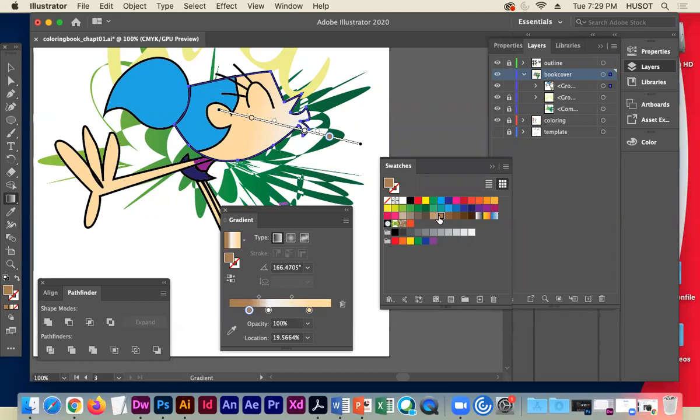I'm going to take this swatch and I'm going to drag the darker one and drop it over here. And now you can start to see, I'm going to pinch. The more separation I have, the more dramatic of a mark I have. So I'm going to start doing this in a way that creates a little bit of a highlight of the lips. And I actually just want to drag this off just a skosh and move this over just a skosh